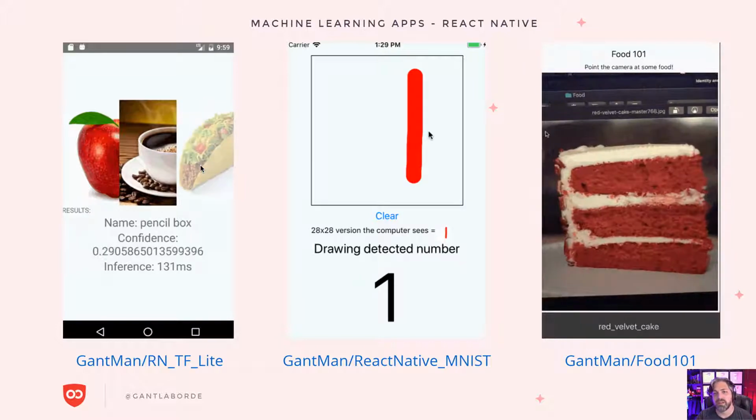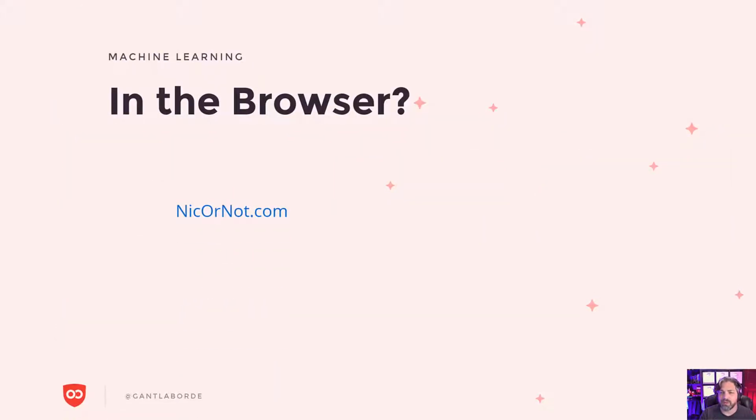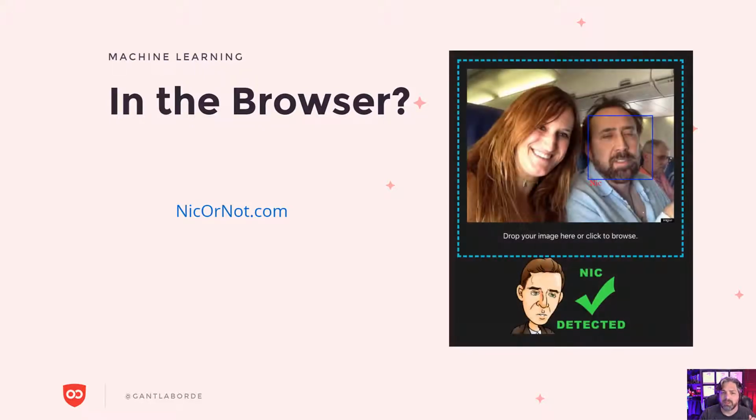And then here we are accelerating directly down to the hardware or staying in JavaScript like we are in Brain. And then we could do cool things with websites, like important websites like nickornot.com, which identifies whether Nicolas Cage is in a photo or not. This is highly critical, of course, because he might steal the Declaration of Independence. And so we can actually put JavaScript on websites and identify whether or not a person is or isn't in a photo.